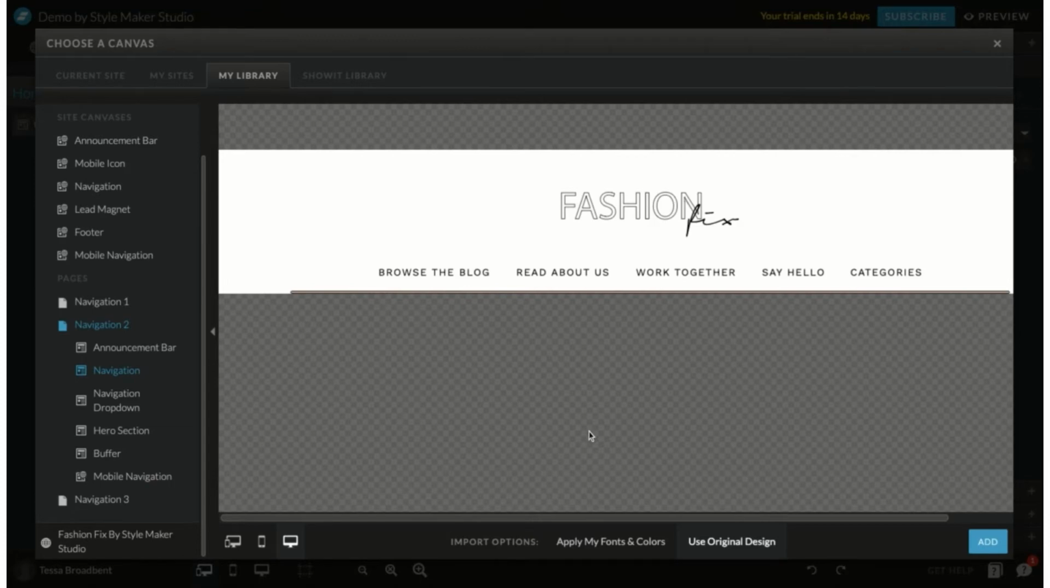select that one. The next step is to decide whether we want to apply my fonts and colors or use the original design. Whenever you're adding a new template to your existing website, I always recommend choosing Apply My Fonts and Colors. Now, don't panic, this is likely going to make the design look a bit messy at first, but